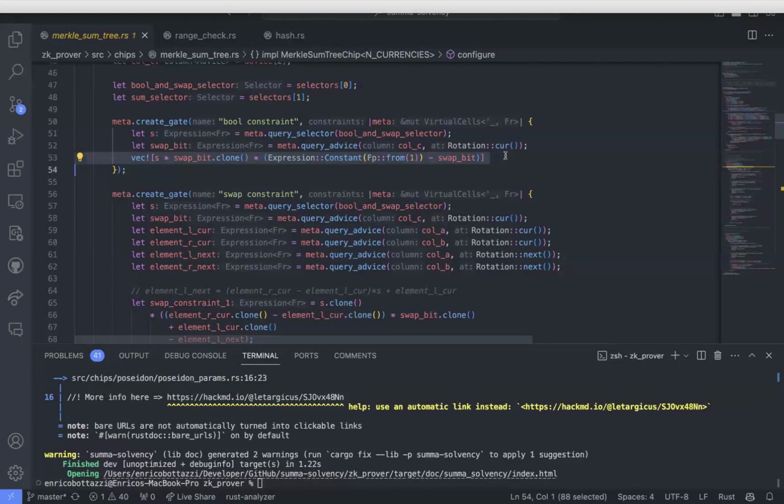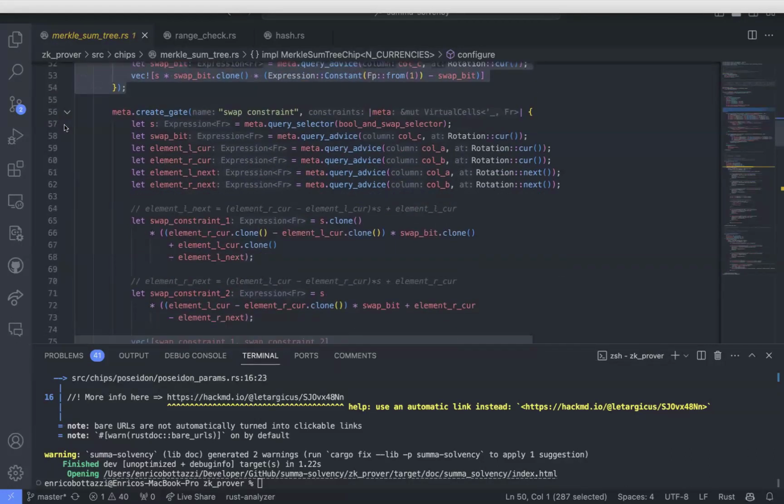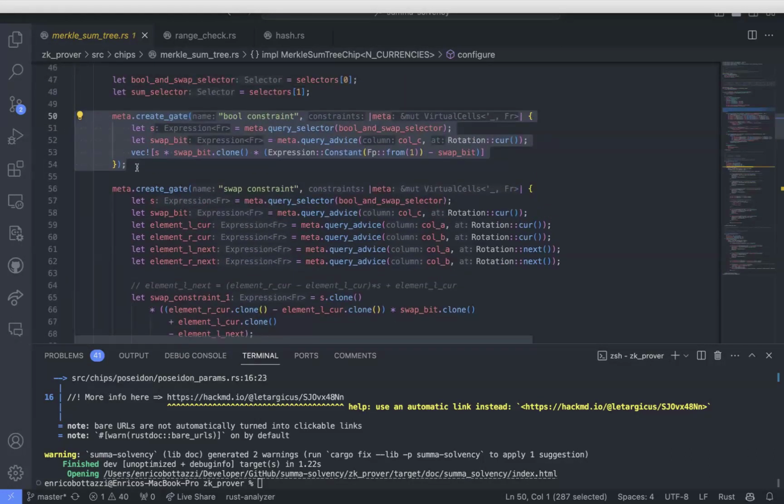So this is something that you should check, whether it is sound or not. But this is the logic of the constraint, and here we are just creating the constraint. Later on, we're going to tell when to activate the constraint. Okay, I hope this is clear because it's very important. Now we are defining a constraint that potentially could be applied to every row, every vertical shift in our table. But we don't want that, because if you go back to